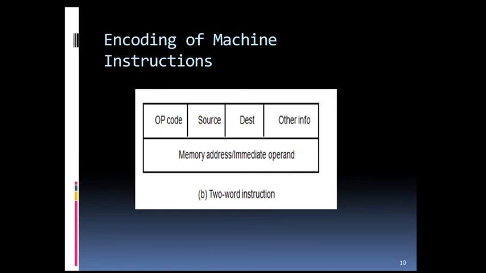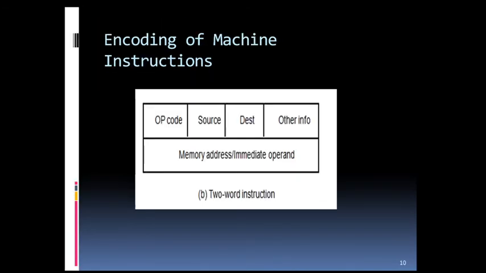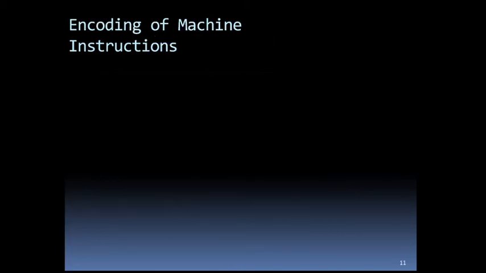The first word may be the same as in the above figure, which has opcode, source, destination and other information, and the second word is a full memory address. This format can also accommodate instructions like the example we had seen in the last video, that is #$FF000000, R2, in which case the second word will give a full 32-bit immediate operand. When the size of the operand is larger, you may have to make use of another word to store the complete address.